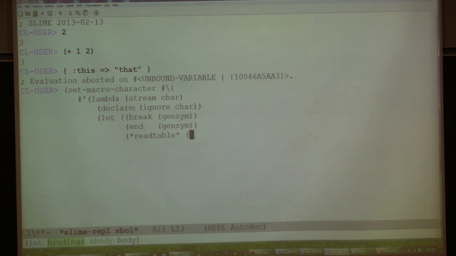And because we're in a let statement here, we do this thing where we copy the readtable and we bind it to the variable *readtable* locally, which means that when we use set macro character again, it's going to be using our copy of the readtable, even though it references the global variable *readtable*, which puts a new spin on global variables. You can redefine them when you run a subfunction.